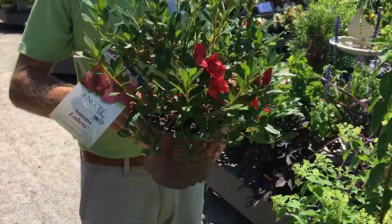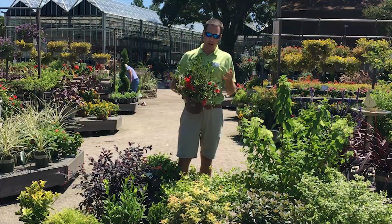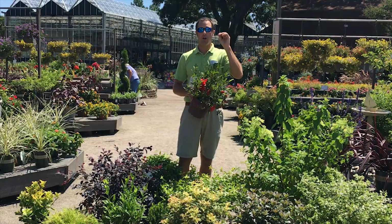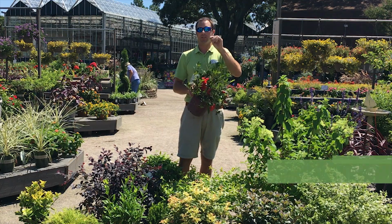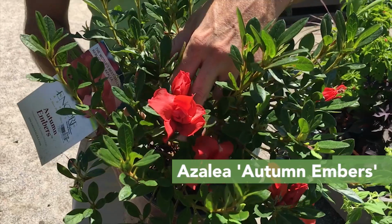And then of course, my last favorite is azaleas. Lots of different types of azaleas here in the south. This is a great one. This is called Encore. There's the Encore series. This is the Embers. Embers is a bright kind of orangey red color of the flower, and these bloom in